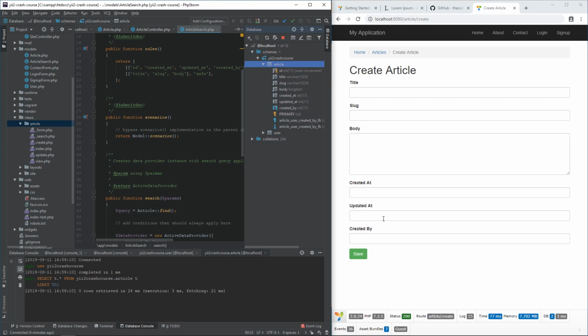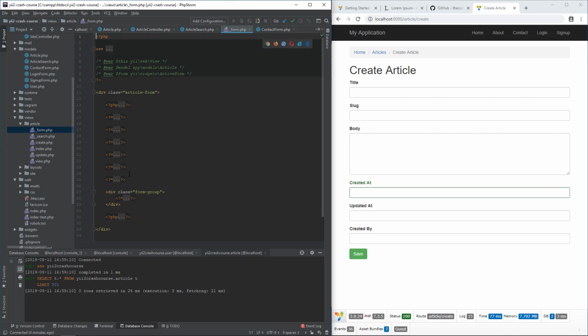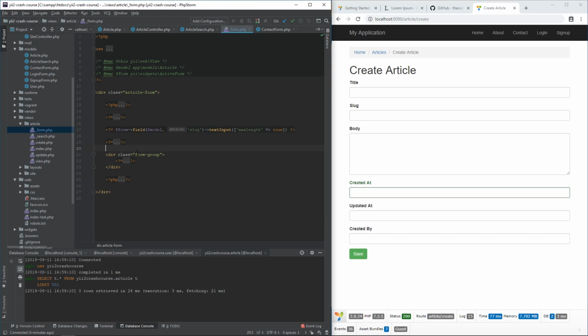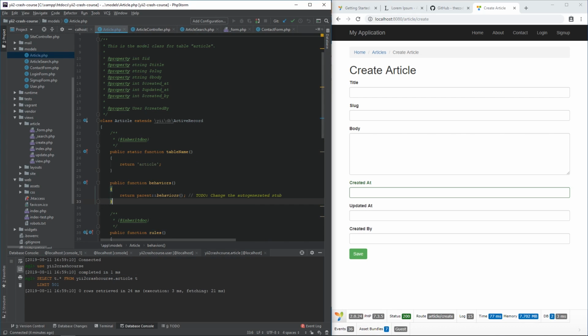This created at, updated, and created by should be generated fields, so we should not be able to enter something there. So I'm going to go to the form, which is what is displayed right now, and remove these fields, basically created at, updated, and created by. And instead of this, I'm going to go to the article model and right here add behaviors method, which returns